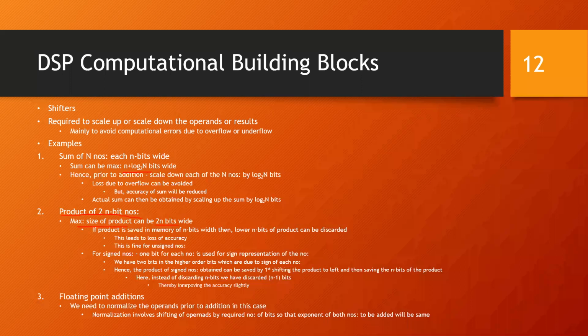Then if I want to take the product of two n bit numbers, the product will be maximum 2n bits. And now if the accumulator is n bits, and you're multiplying and storing the result in the accumulator, then n bits are lost. So you should go for a logical implementation. That is, you can either discard the least significant n bits, or you scale the numbers before you multiply and then go ahead with the rest. And once you get the result, you scale it back to the original information.